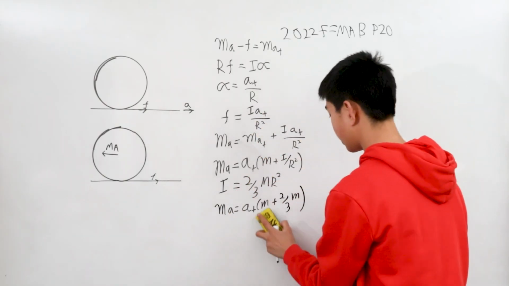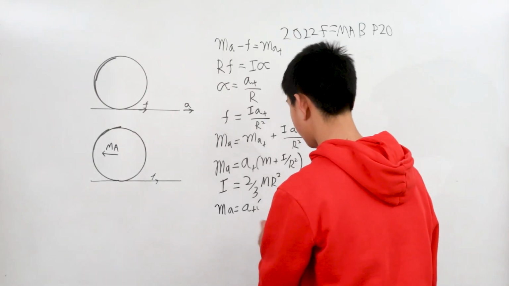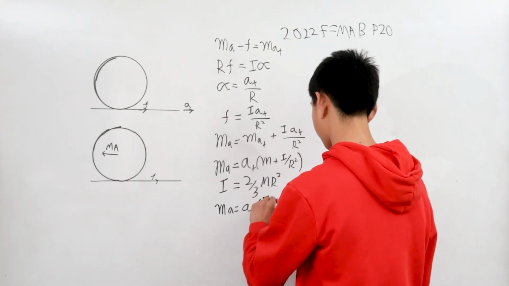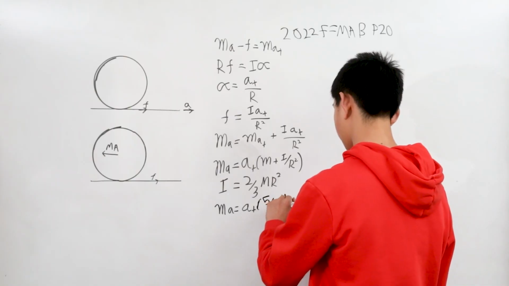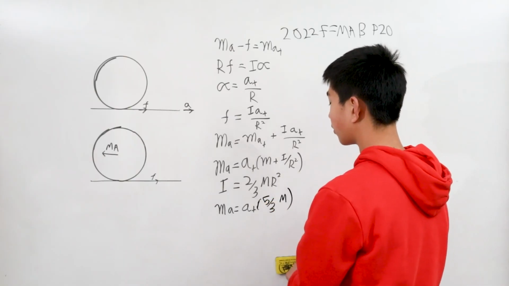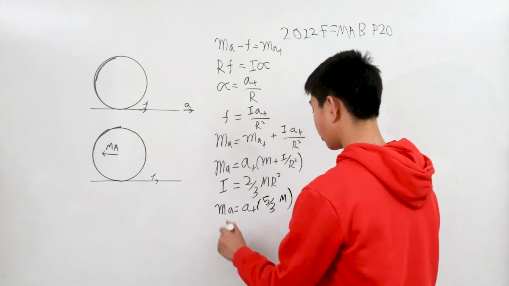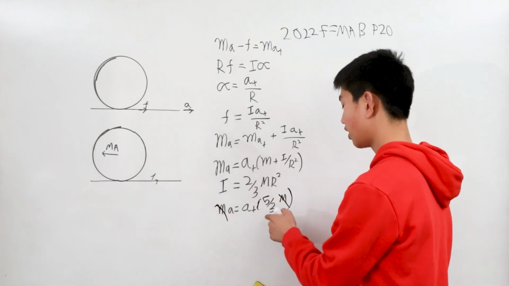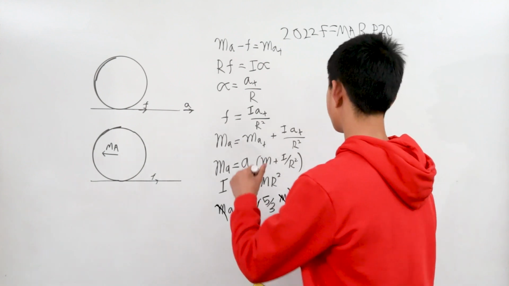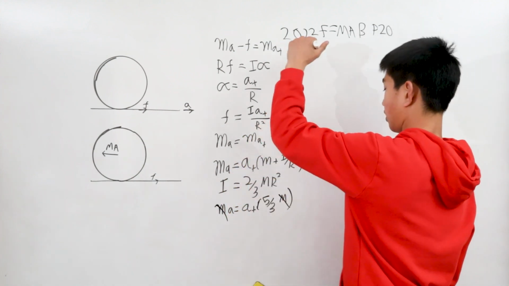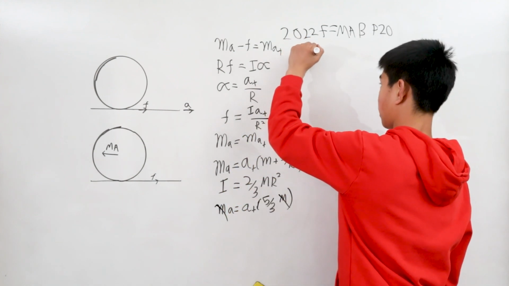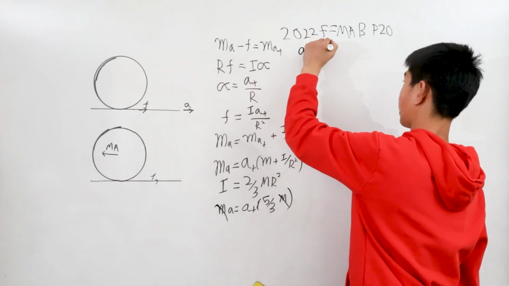And this just becomes a sub t times 5/3 m. So we have an equation for ma. Now we cross off the m's and divide both sides to get that a sub t is equal to 3/5